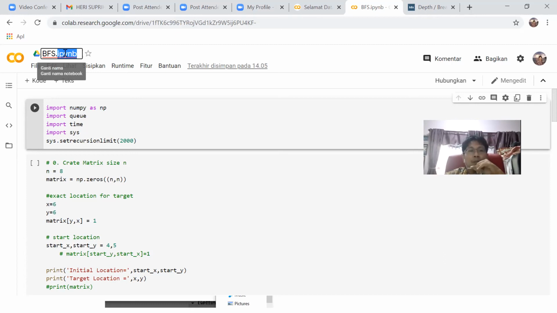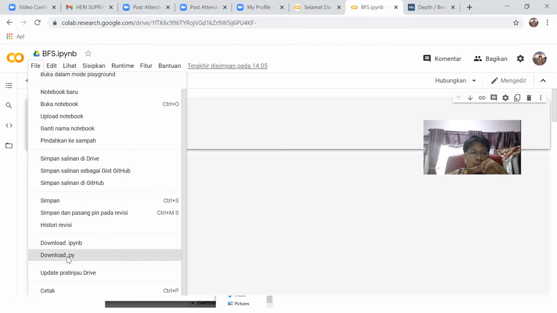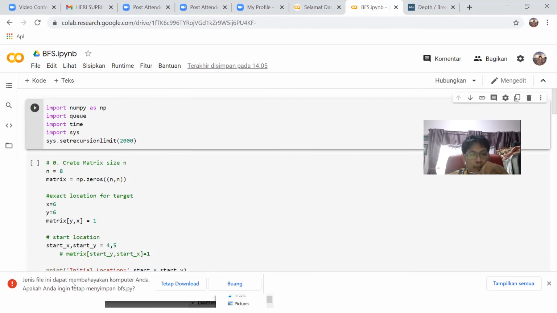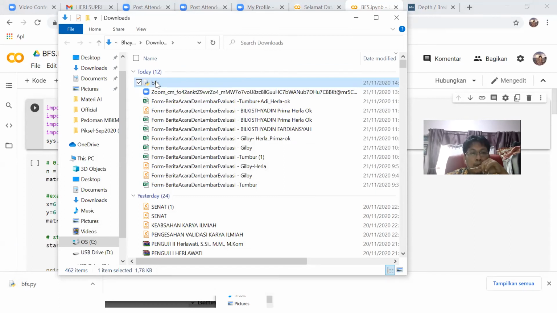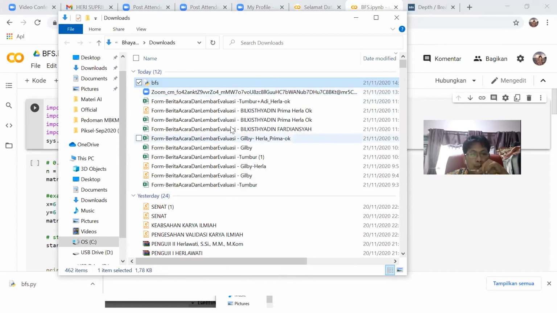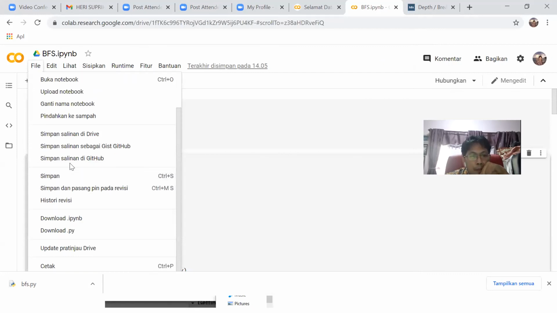If you use another editor, you have to convert it by download as .py. Yes, okay.